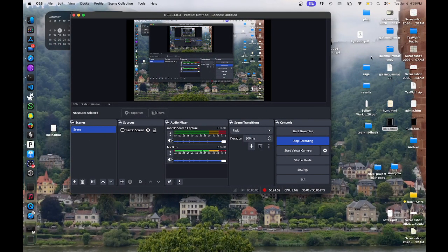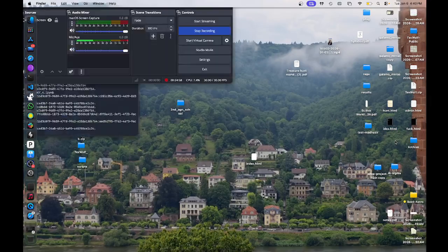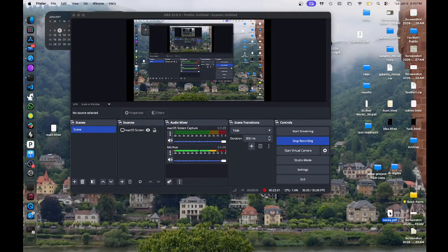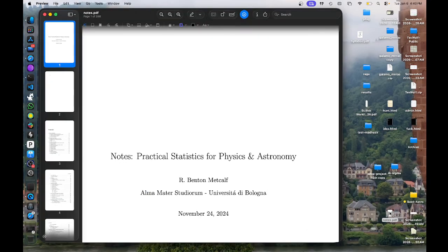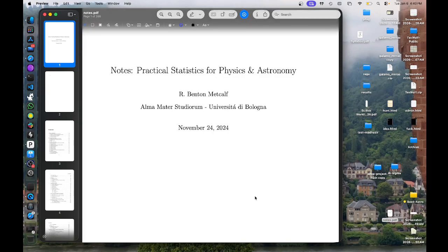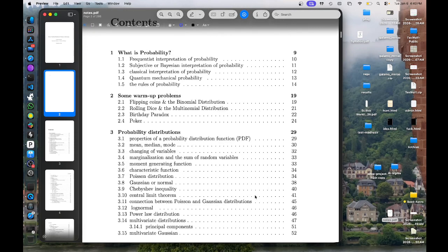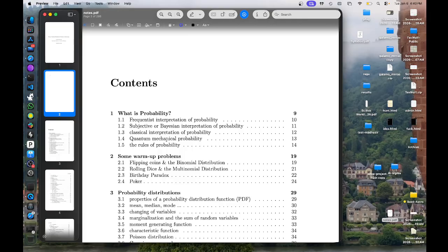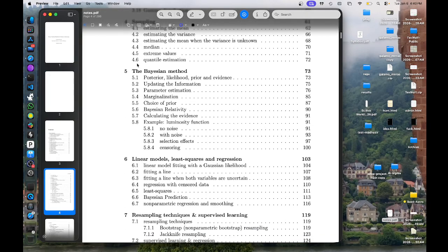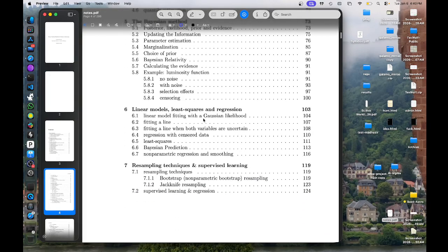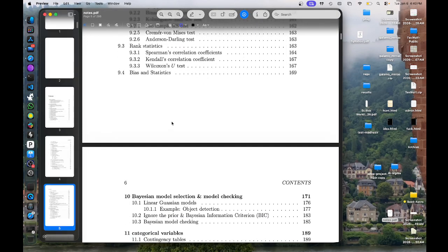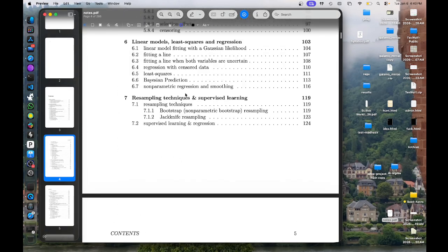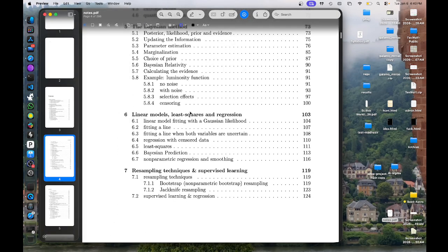I have these Caltech notes with me somewhere here. Yeah. So these are very beautiful statistical notes for physics. And here we have every probabilistic graph, including the Gaussian and Bayesian distribution and all these things. So here in the sixth chapter, you can see least square methods and Gaussian likelihoods and all that stuff